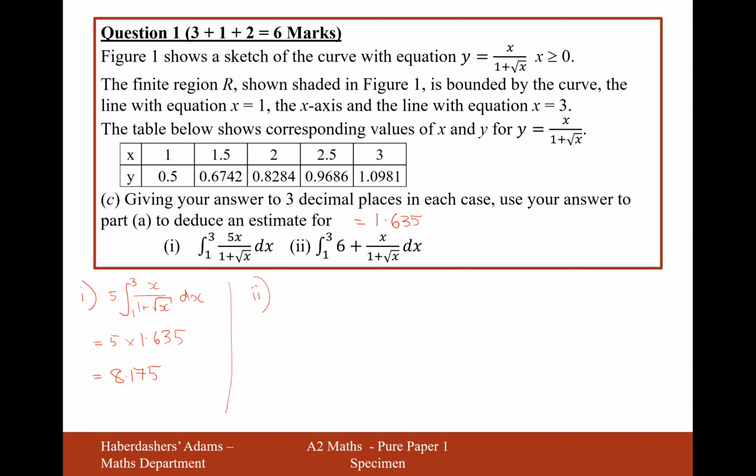The answer to part II, now what you can do with integrals as well is you can split them up into 2 separate integrals when there is just an addition in between them. You can't do it for multiplication, you can't do it for division, but what you can do it for is addition and subtraction. So we can split it up into 2 separate integrals. We know that the integral of this one here is 1.635. The value for this one here is going to be 6x in between the boundary of 3 and 1, so that's going to be 18 minus 6 plus 1.635,